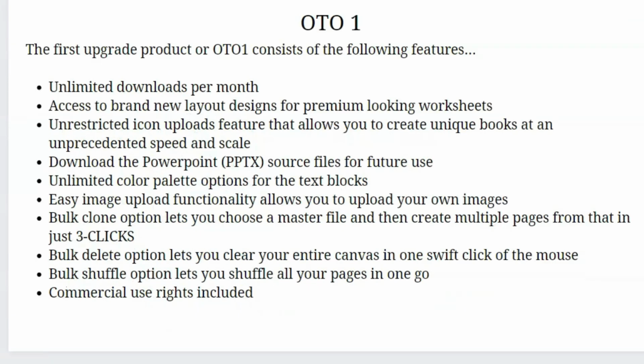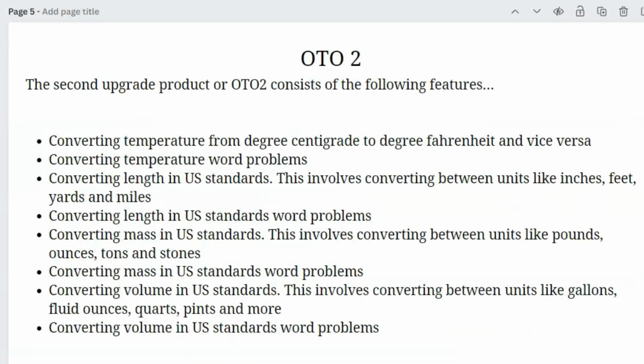So then there is the OTO1, which is the one-time offer. This is the first upgrade, and it consists of the following features. So there's some more features that you can add to your app, to the front end, and that is included in the OTO1. You can just pause the video,